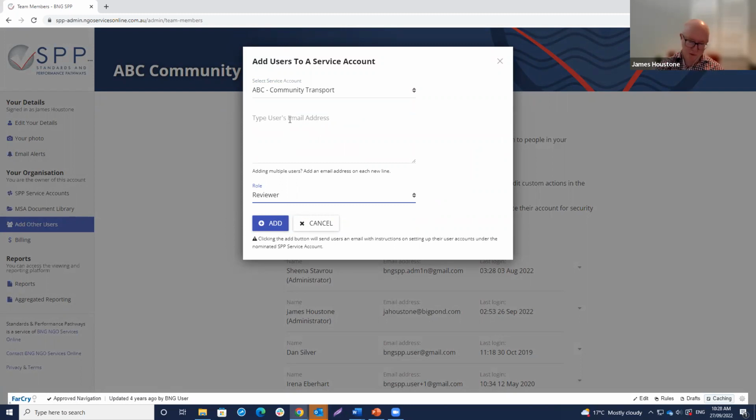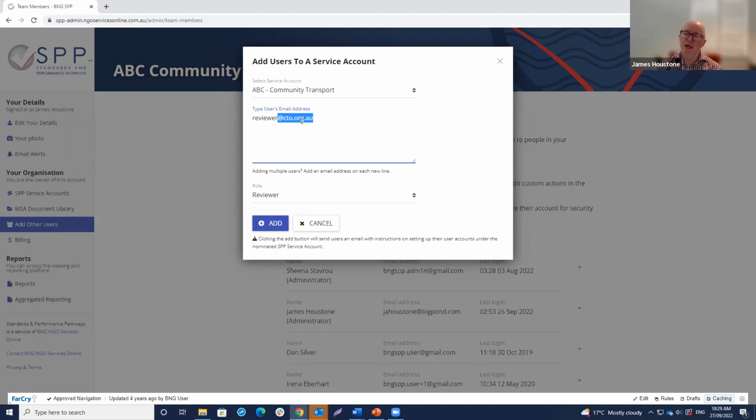So let's say Vicky and the team at the CTO wanted to have a dedicated reviewer login for their own account in the CTO QualityPortal. They could set up an address which might be reviewer@cto.org.au, because I think that's, Vicky, your basic email configuration.